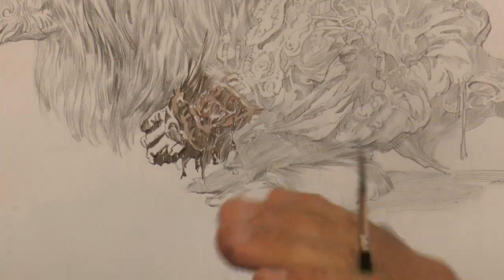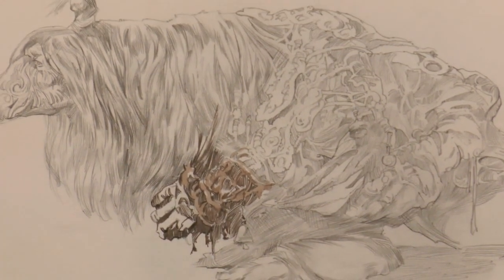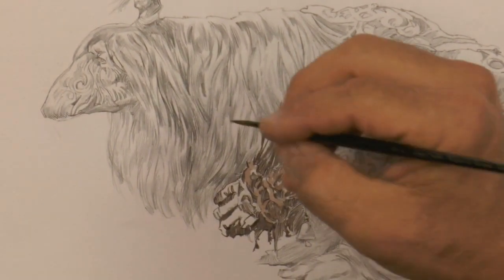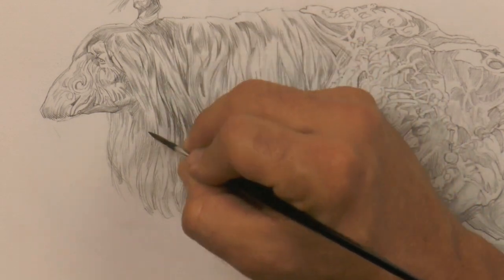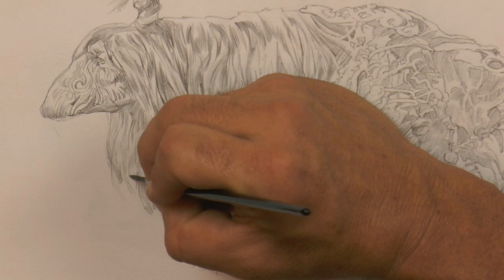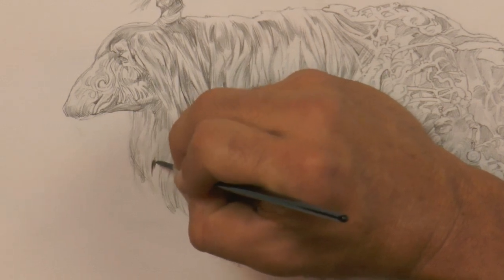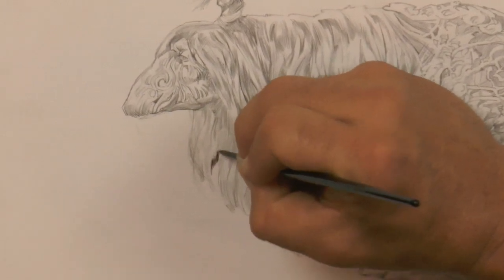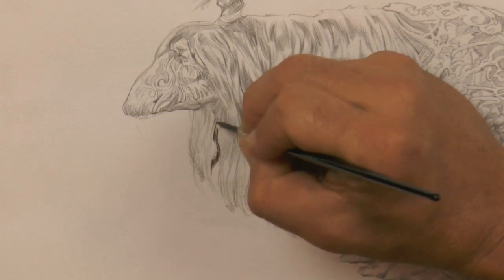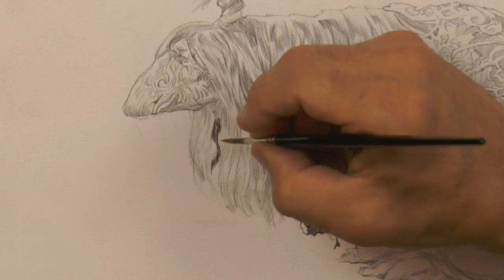So I look at how the hair goes in and out of each other. It's long straight hair. It's not dreaded really or anything. It's just this nappy old horse hair. And it goes into shadow in this area, and then it comes back out into light. Then there's a little bit of shadow underneath here. And so as I take that into consideration, I've had to create, without getting ridiculous, the pattern of who's in front of who with the strands. If I just start willy-nilly throwing down these little striation lines without thinking of which one is passing in front of which other one,